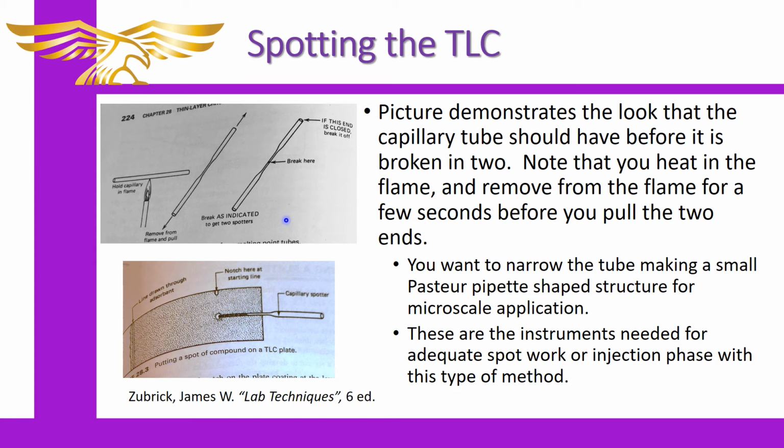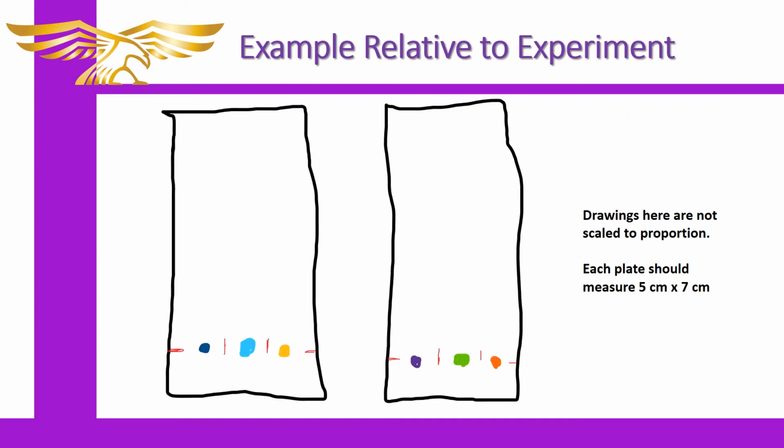Then once you have your tube and you've got your sample loaded, you place it on the plate and you make a small spot in the place that you've set aside for that. And that's basically the spotting technique. That's really all there is to it. This demonstrates kind of how you would mark up the plate. So when you do that,